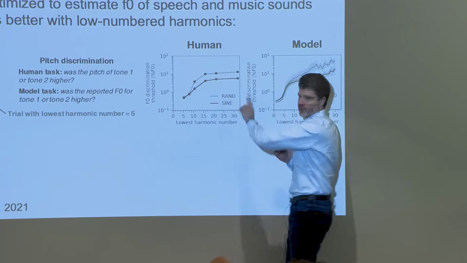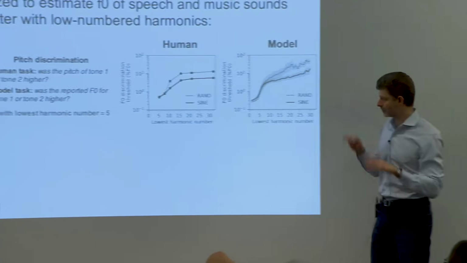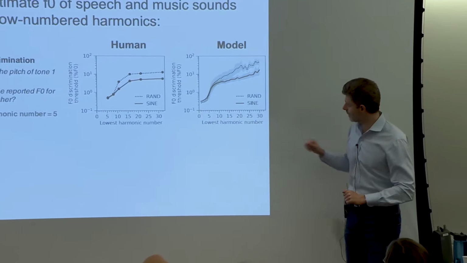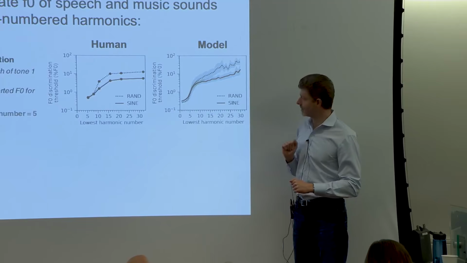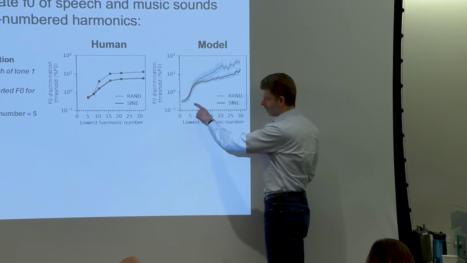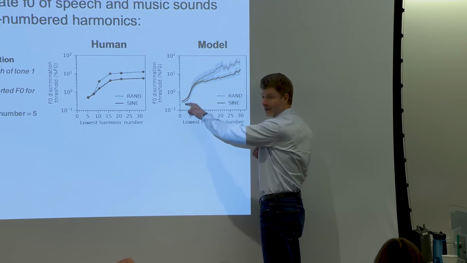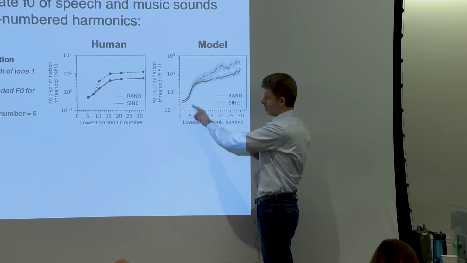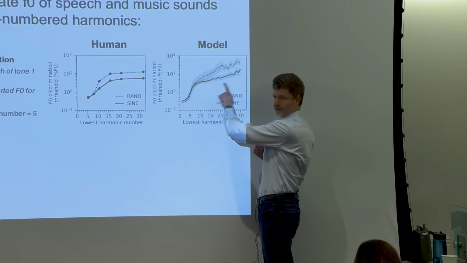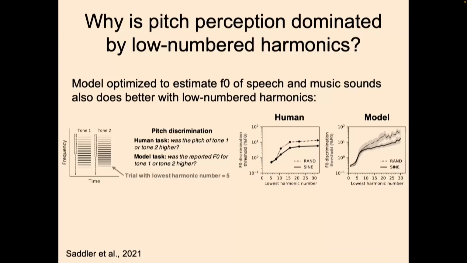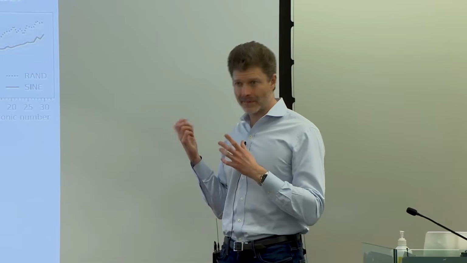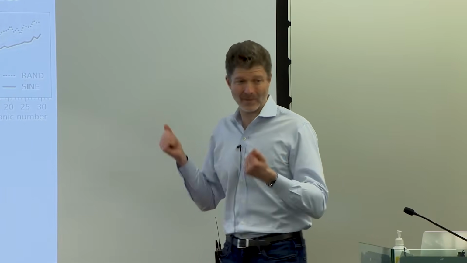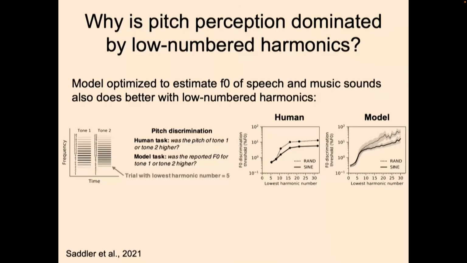There's also this phase manipulation here that is not terribly relevant for our purposes. Okay? And this is the model when you run it on a similar experiment. You can see that qualitatively you get a similar kind of result, that the model has low discrimination thresholds, i.e. good discrimination thresholds in this regime where you have low-numbered harmonics, and then they get worse. Okay. So this suggests that this particular performance characteristic emerges as a consequence of optimizing a system to estimate fundamental frequency. Now, of course, it doesn't tell you why that happens, but